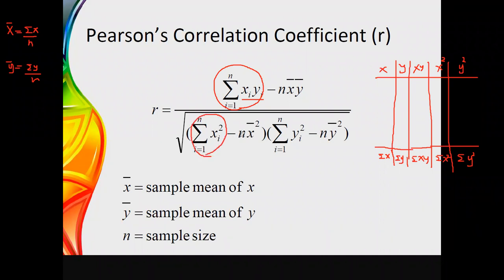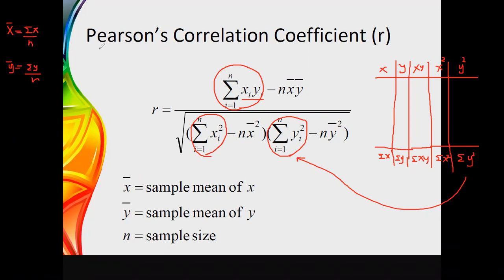We already know the value of n, it is the number of pairs of observations we have, and x bar is the same as previous, the mean value of x. And y squared is the value we take from here, the summation of y squared. Then y bar is the same as previous, and its square term has to be considered. X bar is the sample mean of x, y bar is the sample mean of y, and n is the sample size or number of pairs in the provided data set.